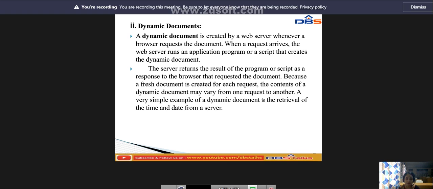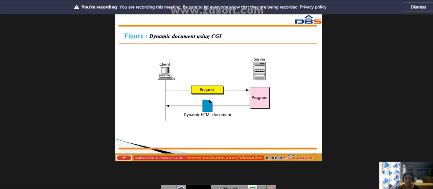Because a fresh document is created for each request, the content of the dynamic document may vary from one request to another. So a very simple example of a dynamic document is the retrieval of the time and the date from the server.